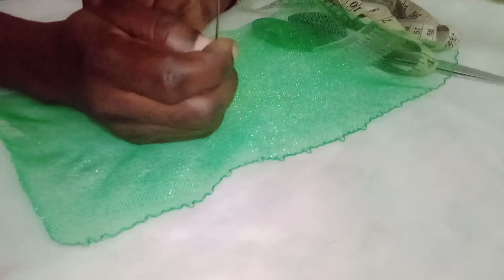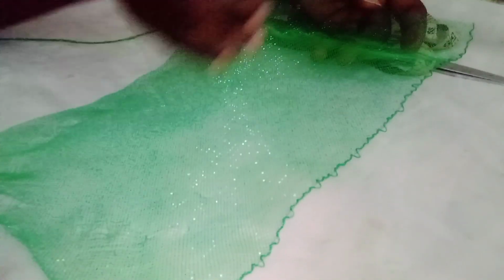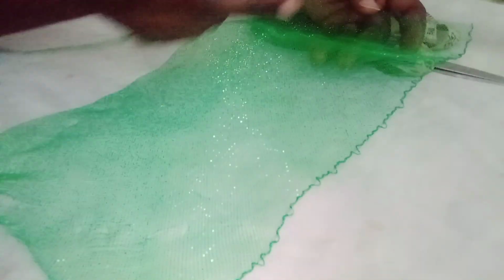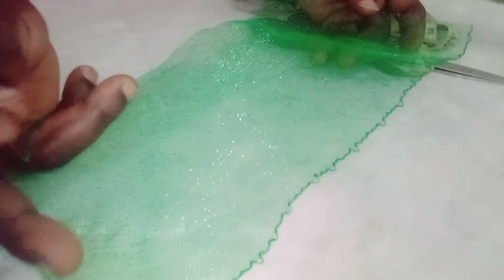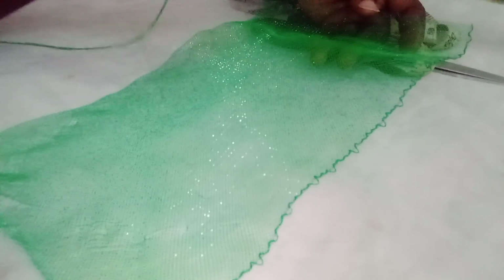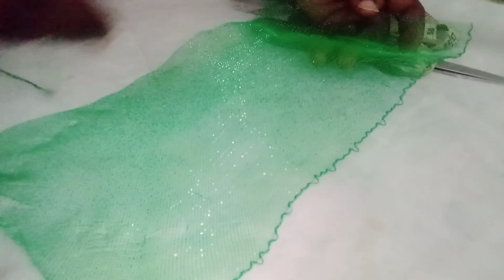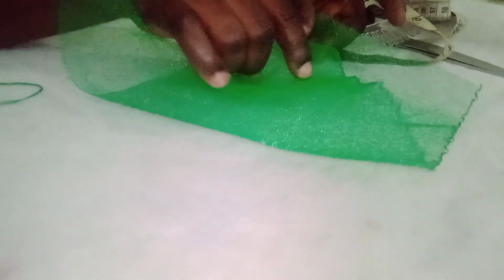You take your needle and thread. This is my crinoline. I've cut it into pieces. The length is 9 inches, while the normal bread is the normal crinoline bread size. What we do after cutting it, you fold it